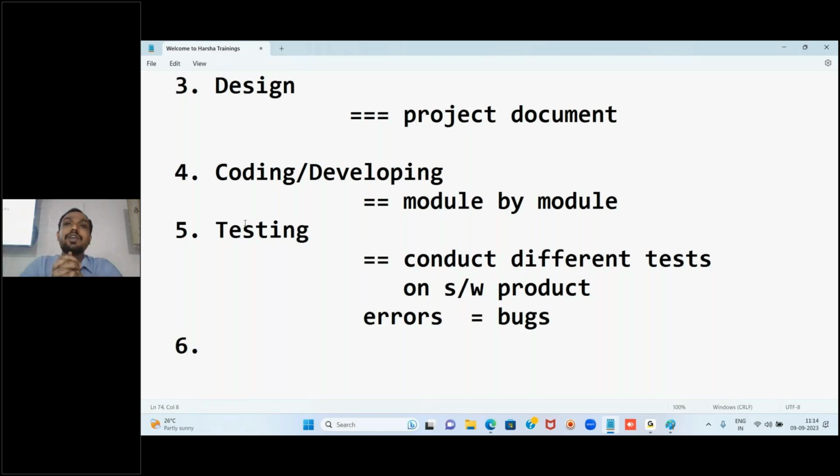Those errors are identified by the testing people, informed to the developing people, and they will be correcting it, and again they'll be sent back to the testing people. Again they will be testing. This cycle or process will happen until they find it is error free, because testing is very important. Clear?